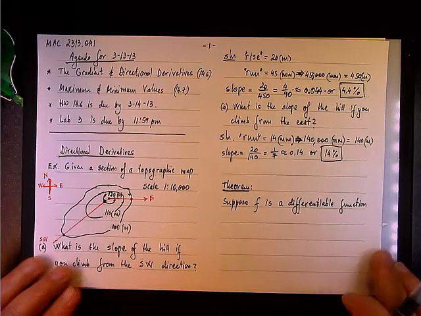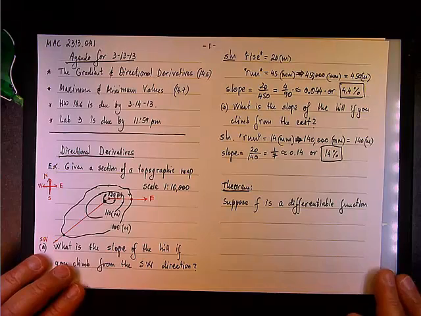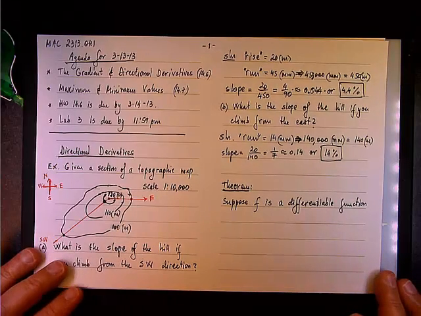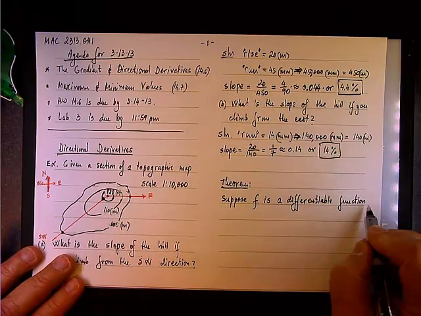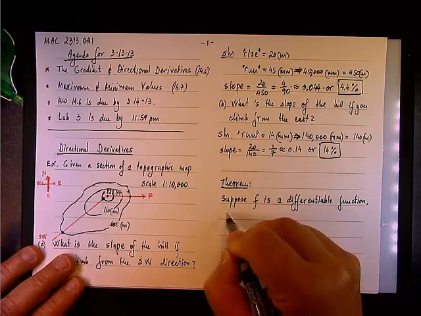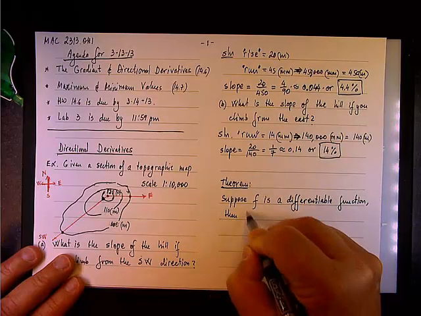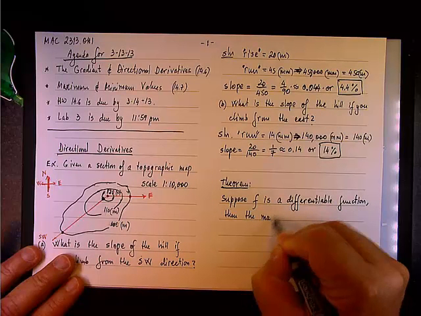So the supposition is that f is some sort of differentiable function. It may be a function of two variables or three or even more. We want to know what is the maximum value. So we're going to say that then the maximum value